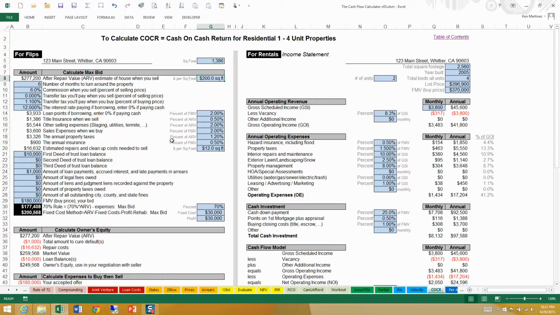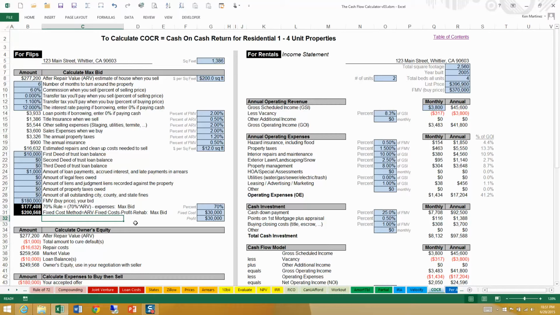The other point I wanted to make is, when you flip a property, they always talk about, at least when I first learned about real estate, the 70% rule, which is this right here. The most you should pay for a property is 70% of your ARV less expenses. That's your max bid. So I have that here in black. And you can adjust that depending on the area. Maybe you want to do 75%. It's based on this percent over here on the right in the blue box. Anyhow,